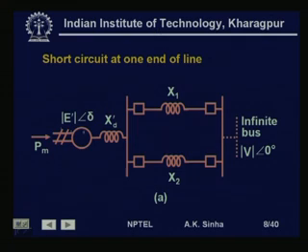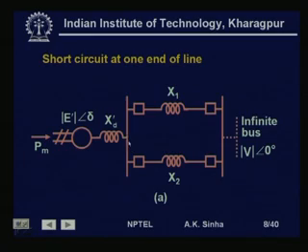Again, Pm is the input, E dash angle delta is the voltage behind the transient reactance, x d dash is the transient reactance, x1 and x2 are the line reactances, and the infinite bus voltage is V angle 0 degree. Now, we are assuming a short circuit at one end of the line, say at this end, it does not matter, it can be this end also. In both the cases, when a short circuit occurs on the line which is very near to this bus, then the voltage of this bus is also equal to 0,